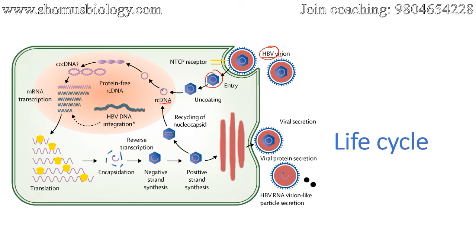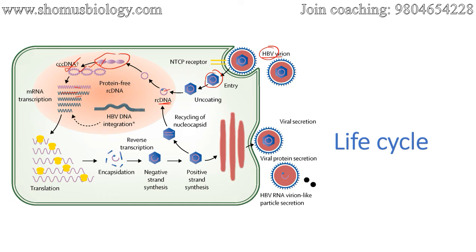The DNA polymerase. Now this DNA polymerase makes multiple copies of this DNA. You can see multiple copies of the DNA being produced here by the viral DNA polymerase. So as they make more and more of this cccDNA, this DNA is used to make mRNA transcripts, and these mRNA transcripts are transported to the cytoplasm, and they are translated into different structural proteins, as well as into the DNA polymerase for the virus. So all these structures are produced.